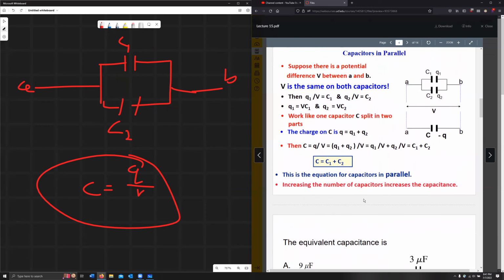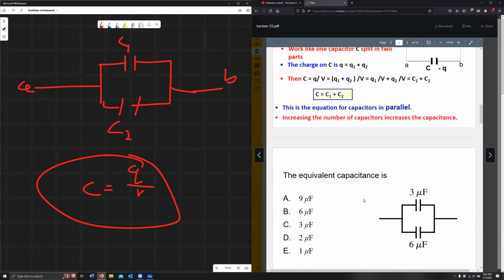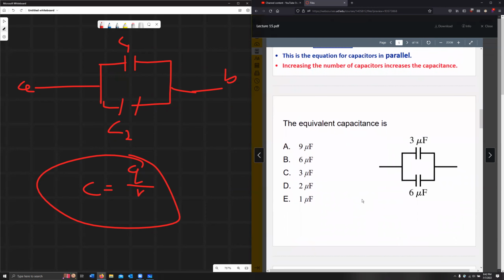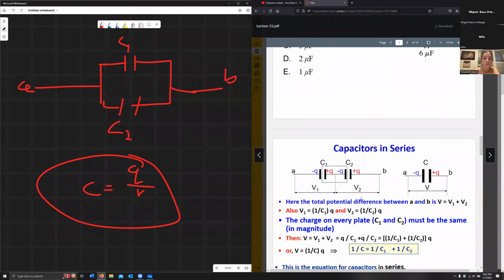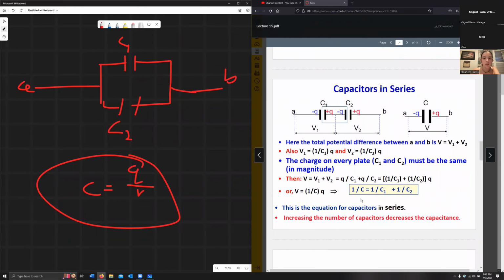Okay. I'm going to have a question about that earlier, but let's see. The equivalent capacitance here is, I'm going to go with A. It's going to be 9, and it looks like capacitance is measured in farads or whatever it's called. A. I think that's how I say it. Yeah. All right. Farads. Capacitors in series. This one actually took me quite a while to understand